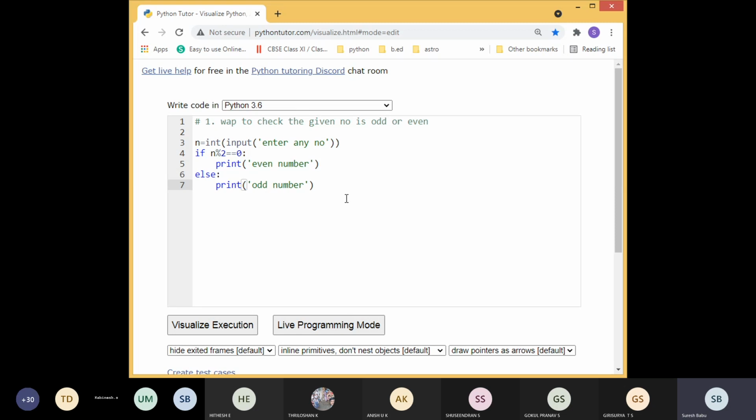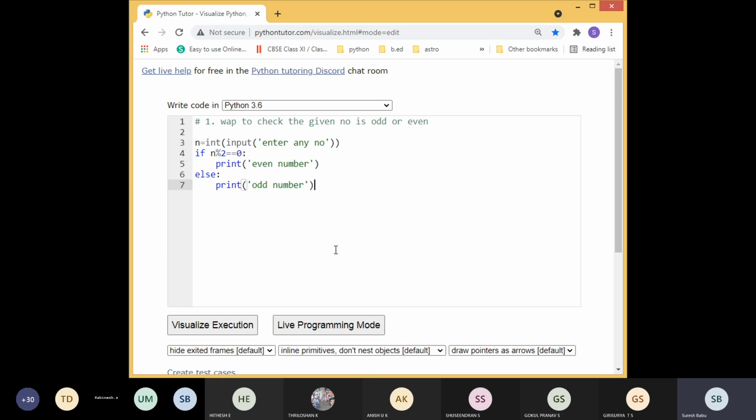Kindly everyone see, only a few lines. By using the if else program, we just get the input and check the condition. If the condition is satisfied, we say even number. Otherwise, we say odd number. So you can change the condition also. What are the conditions we can change here?